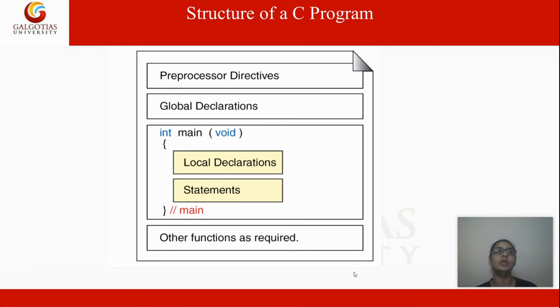Say for example, I want to input two values from the user. I want to read or take two values from the user and I'm interested in, say, squaring the two numbers. So I want to calculate the square of both the numbers individually, right? So what I'll do is I will take the inputs from the user in main maybe, and then I will create another function, a square function suppose, whose purpose is going to be to square these two numbers, right? So I can have multiple functions in my program. Main is one function that is always going to be there, but apart from that, we can have other